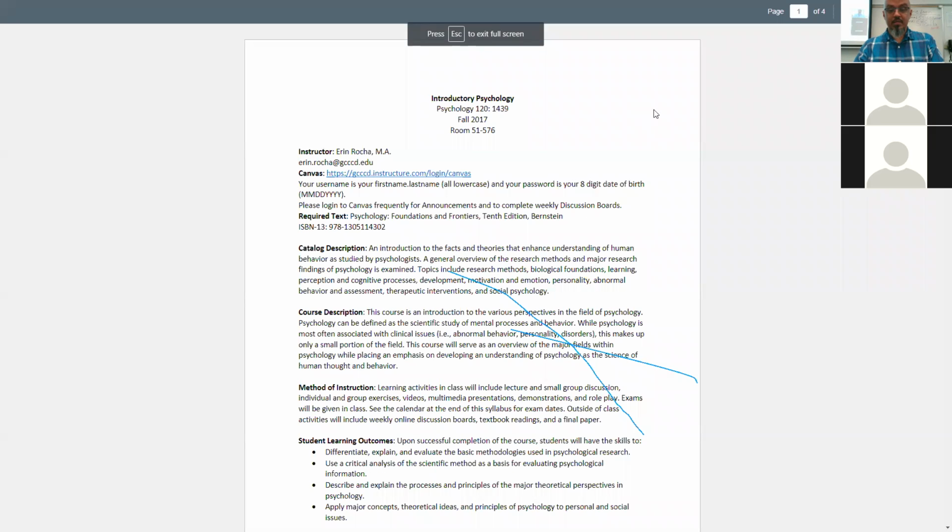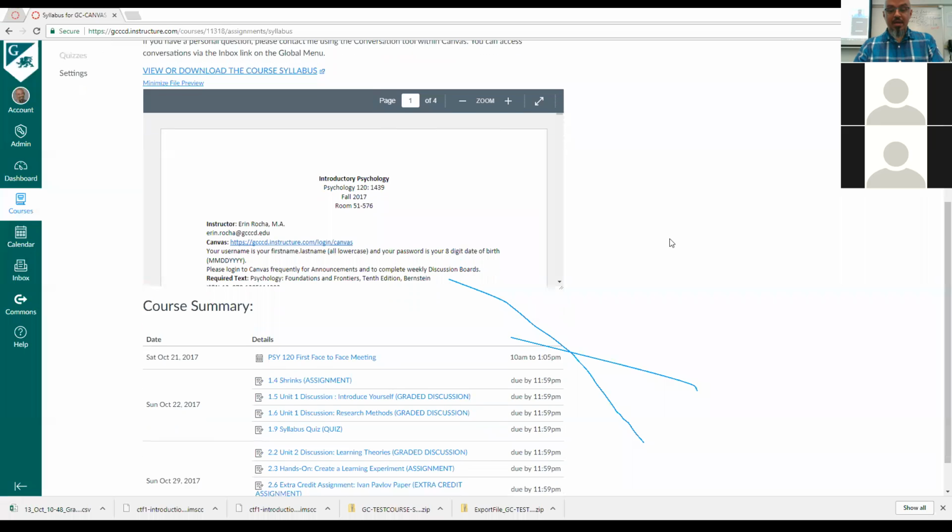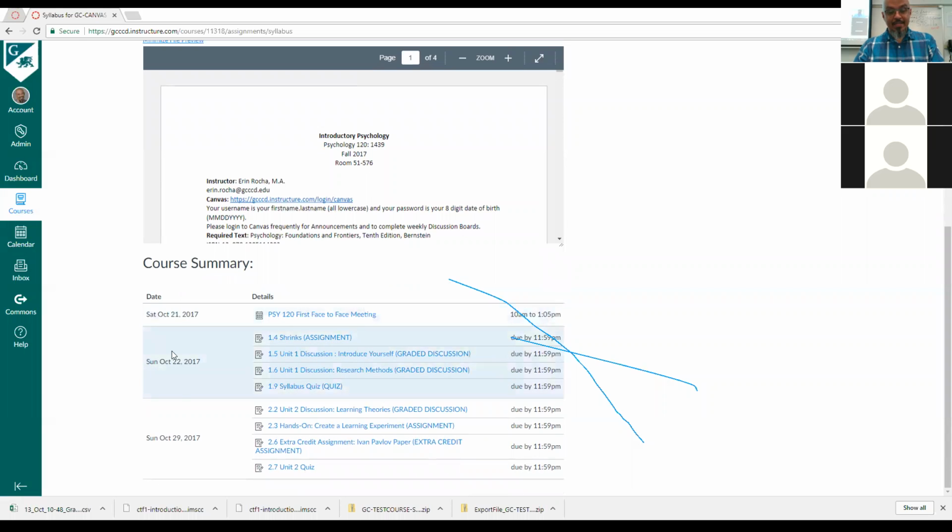No problems with this. And her course summary, all of her dates. And with these dates, for the nature of this course, I don't care whether they're correct or not. I just want to know that you understand where to assign the due dates and everything else. Also, for calendar events,